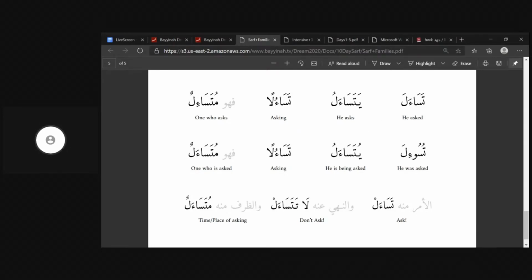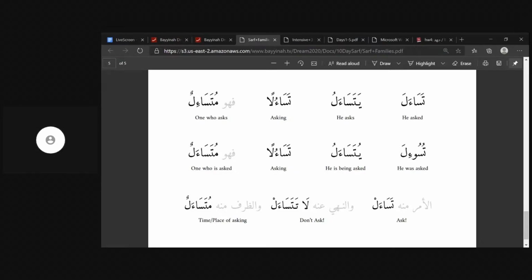So in the case of tasa'ala, the root letters are sin, hamza, and lam. So sin is the fa letter, hamza is the ain letter, and lam is the lam letter. So if we put it into fa'ala, we would get tafa'ala. The ta and the alif are part of the family, and then fa, ayn, and lam fit into it. Tafa'ala. So whatever the shape is already predetermined for the family, right? So in aslama, the shape was hamza at the beginning, and then it was fatha and sukun, followed by two fathas, right? So we're just plugging in the root letters into that.